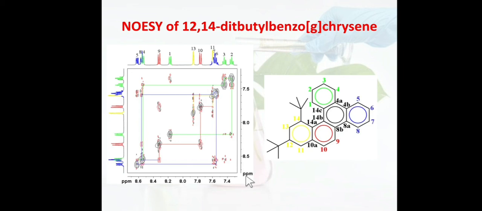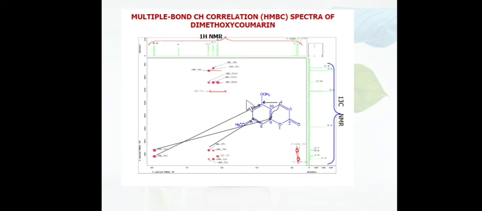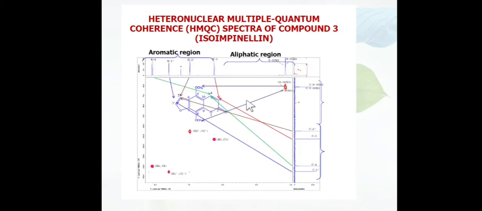Friends, there are other complex NMR techniques like NOESY. This is another example of a natural product and the NOESY experiment. To analyze NOESY, COSY and other HMQC complex NMR spectra, we need expertise to analyze these spectra. These are some examples of HMQC of 5,7-dimethoxycoumarin. It's a very simple structure and this is how we can relate it with the structure. These are a few spectra I got from the internet to show how two-dimensional spectroscopy helps us to identify complex natural product structures.